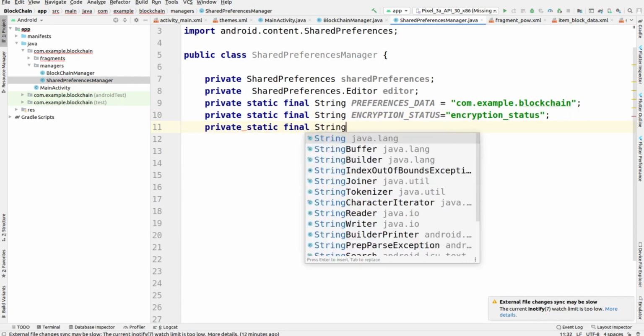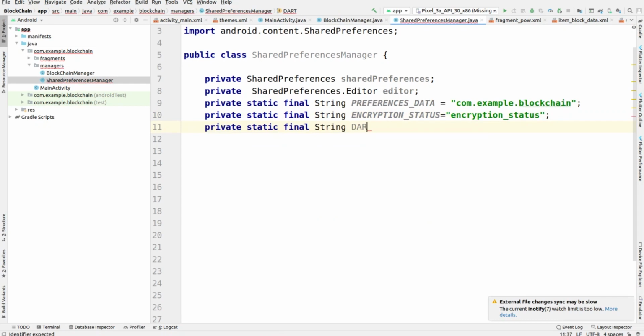After that, one more variable here we have to create for the theme purpose, that I already told you, light or dark theme. Okay, so we'll give the value as dark underscore theme and then semicolon.